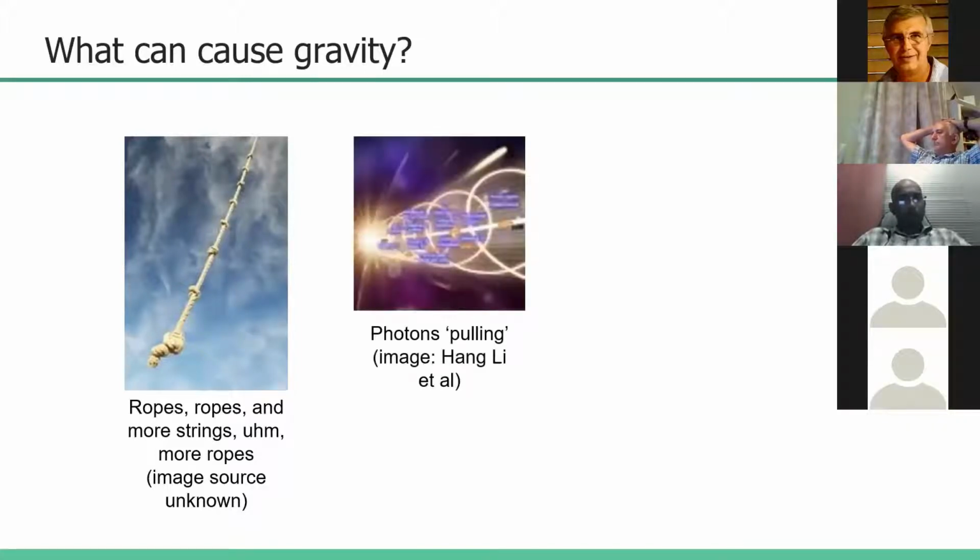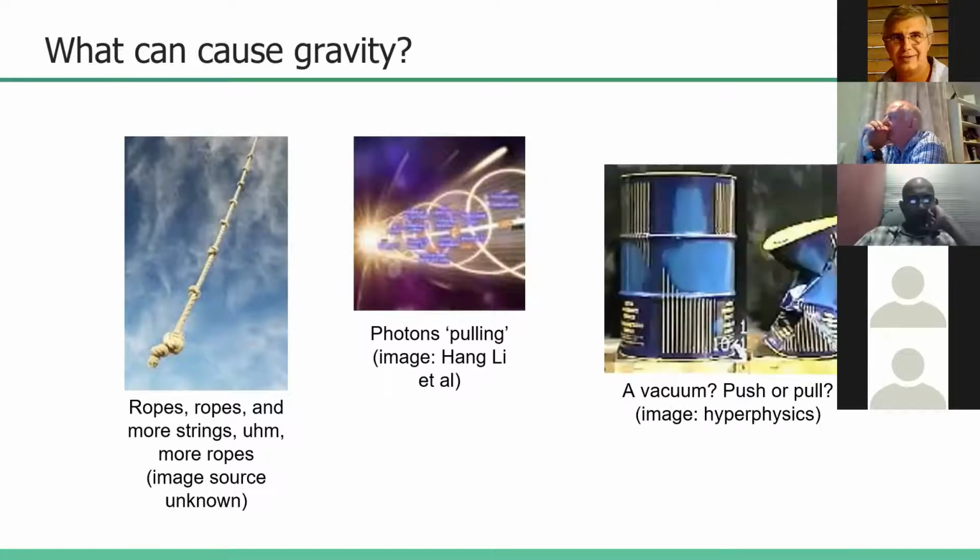Really not. An alternative would be to try and create a pull force with photons. This is really a thing. Hung Lee et al. have achieved what they call photon pinches to create an attractive force using gravitational waves. However, this takes a lot of energy to just move a small mass. So to say that this could be a representation of gravity or a gravitational attraction is also a bit of a long stretch.